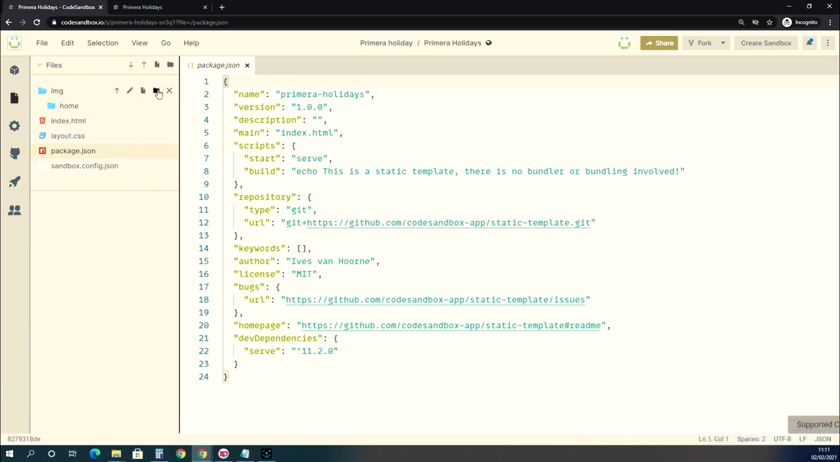And then I'm going to go back to image, create new folder. This one is going to be called offers, and so on, so on. Don't forget to press enter. Okay, now I want to put the first image in there,